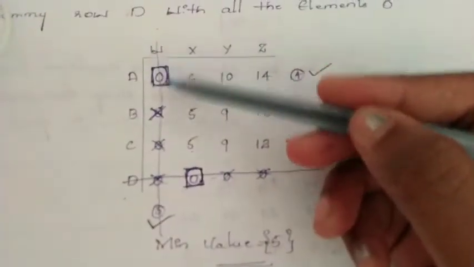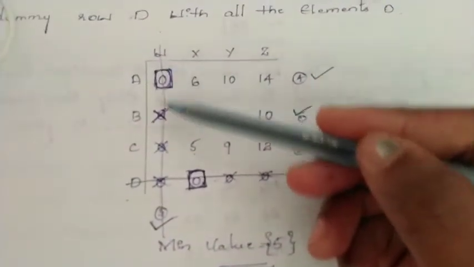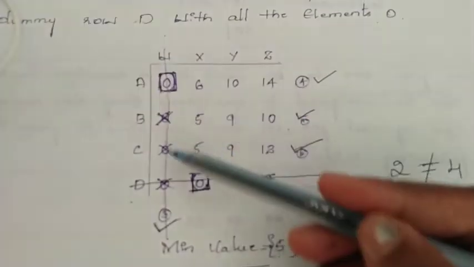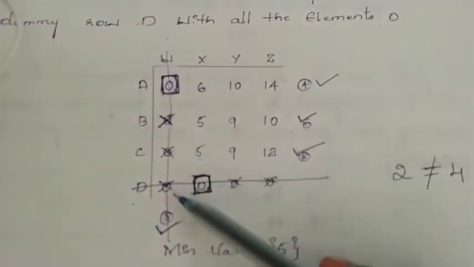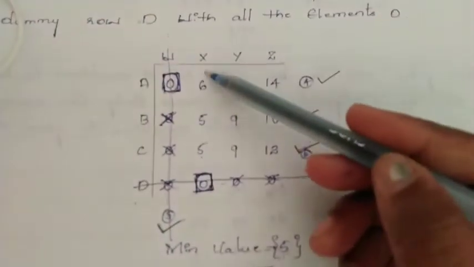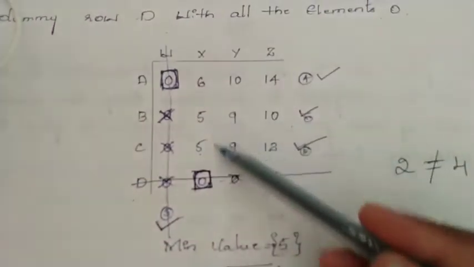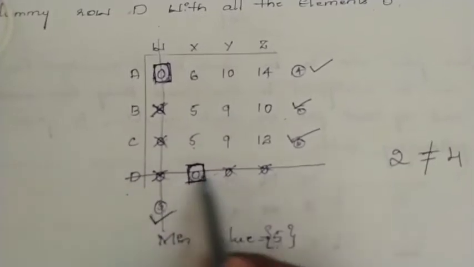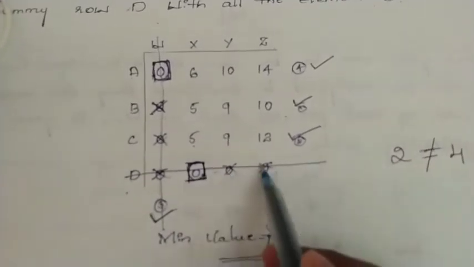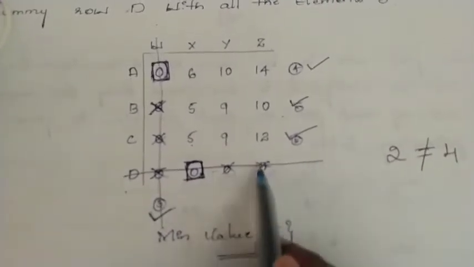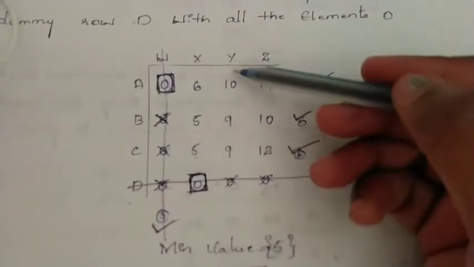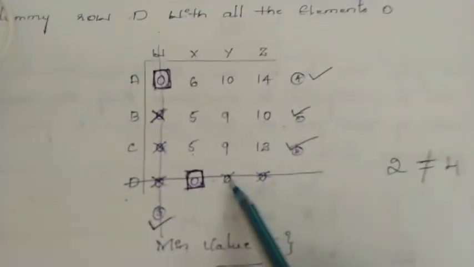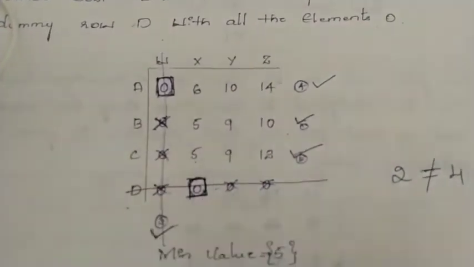Now you can go with the columns. First go with the first column. As there are no zeros, already one is assigned and the remaining will be cancelled. Come to the second column. In this there is only a single 0. Do the assignment, and in this particular row, whatever number of zeros are there will be cancelled with the cross mark. Next come to the third column. In this the 0 is cancelled, no more 0, and in the fourth column also no more 0. Therefore, the assignment is finished.